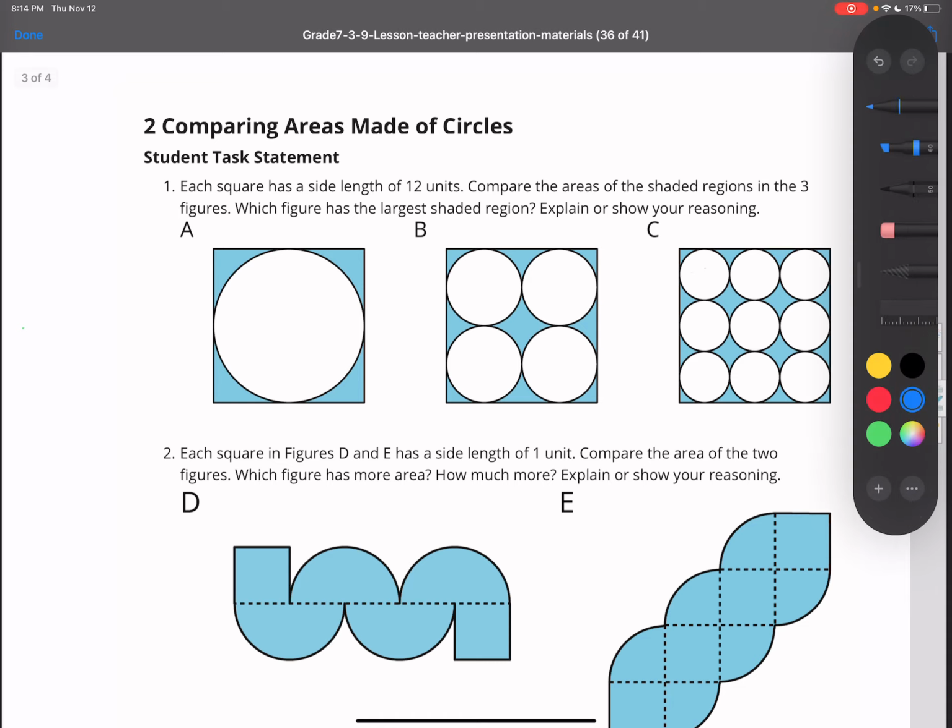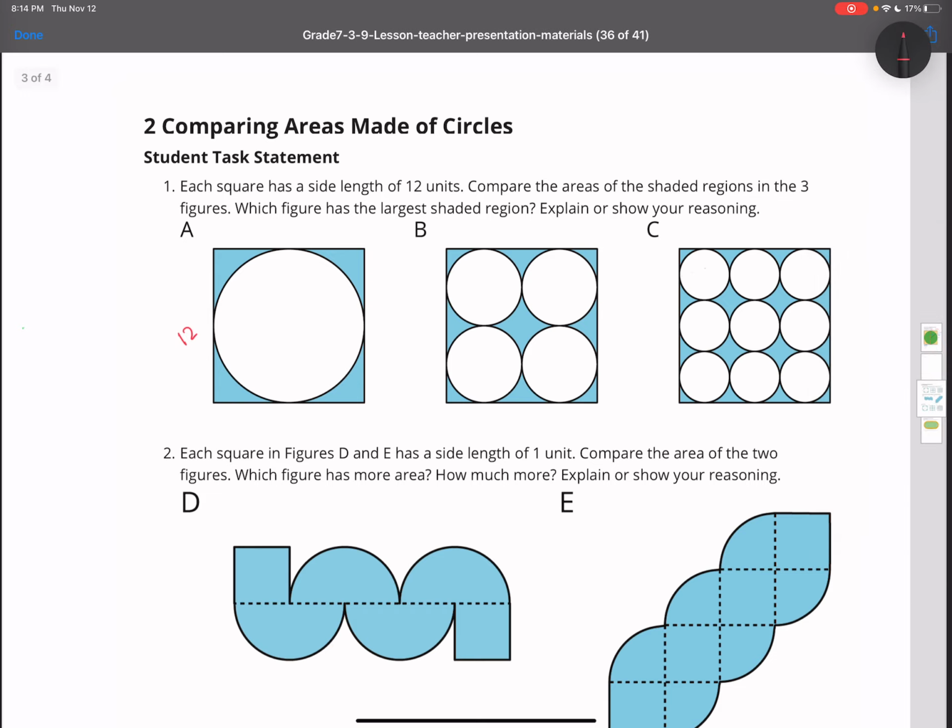Okay, so just like we discussed in the warm-up, the side length of the square is the diameter of the circle. Okay, so we need to know